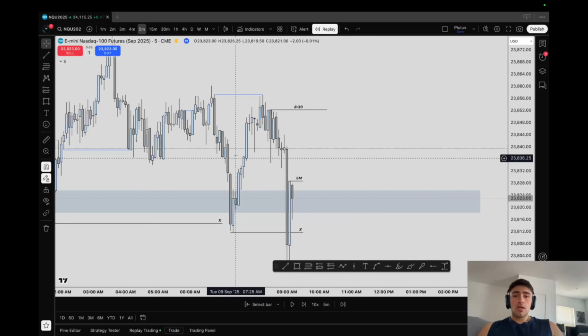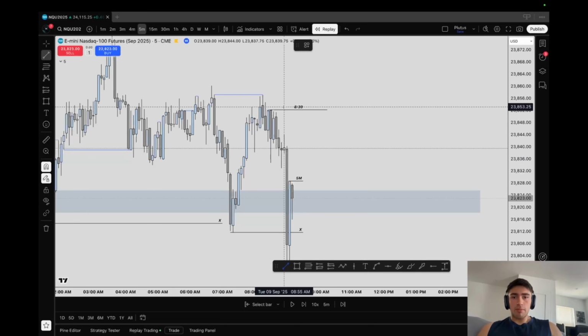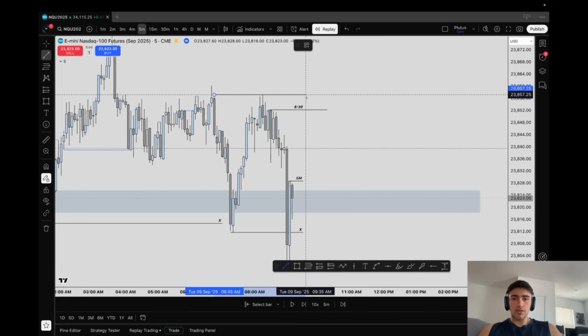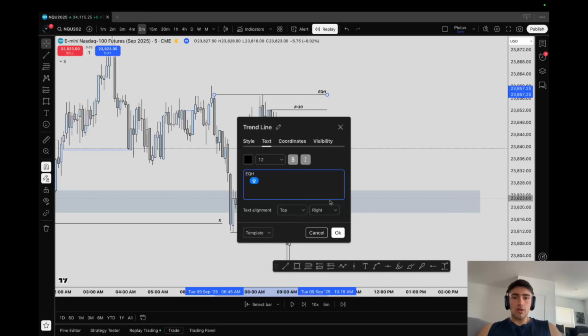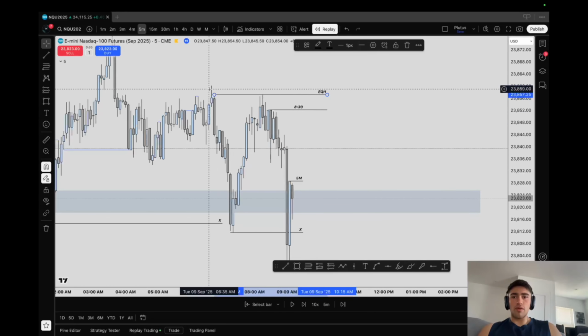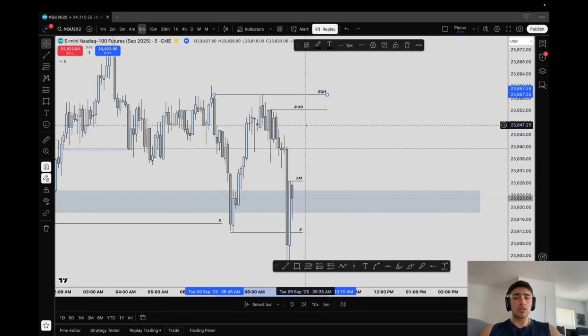So whenever you're targeting 8:30, you want to target the 8:30 opening price, and in this occasion, since I am bullish, the opening price is at the highs, right? So since 8:30 opened lower, I'm going to be targeting the highs. So it's open low, I'm expecting the high and the close. So I'm going to target 8:30, and anything above 8:30 that is low hanging fruit. In this occasion, anything above 8:30 that's low hanging fruit will be these pair of equal highs right there. That is low hanging fruit. We have an intermediate term high, but we're going for low hanging fruit since it's a no news day.